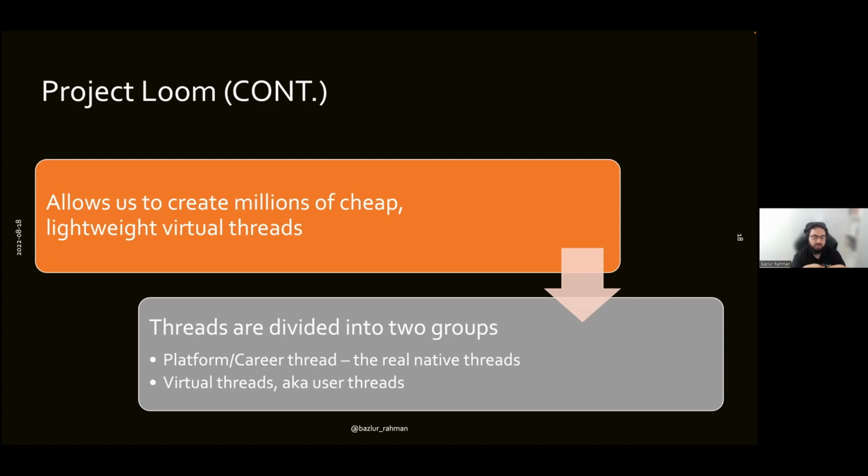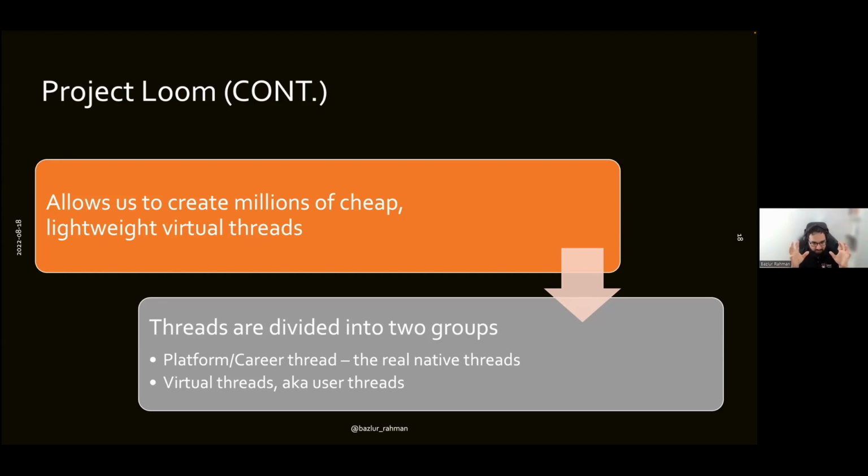The purpose of the enable preview flag is so you can try and experiment, but don't use them in production because it's not final yet. That doesn't mean we're going to throw away our traditional threading model. We're going to keep that as it is, and additionally we're going to have virtual threads. So we will keep both threading models.